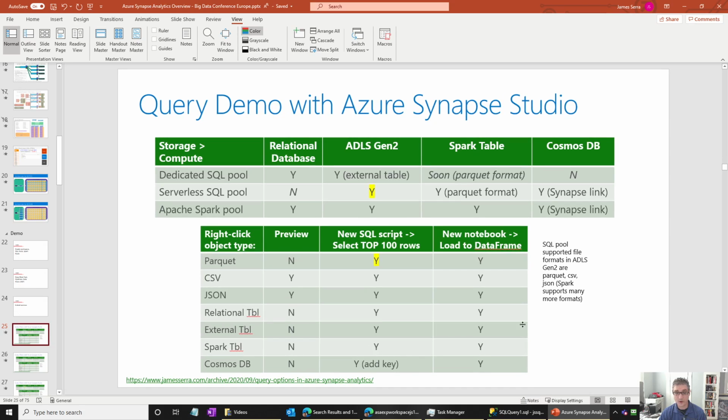So this is going to be part of the demo, where I mentioned before there were different compute options: a dedicated pool, serverless SQL pool, and Apache Spark. Each of those can go against 4 different sources, and not all of these compute options yet support all of these sources. So I linked out here which ones do not yet. I'm going to go over some of these